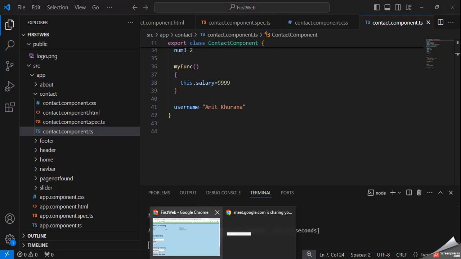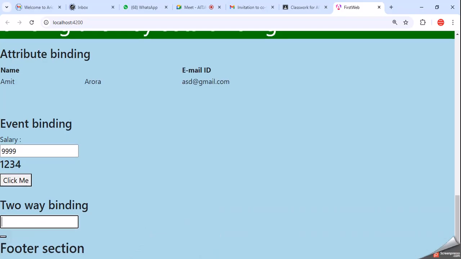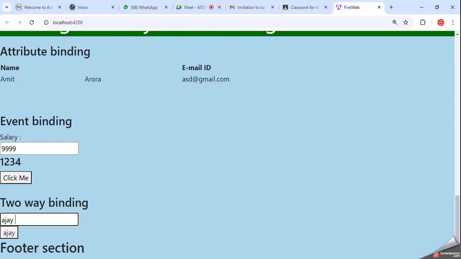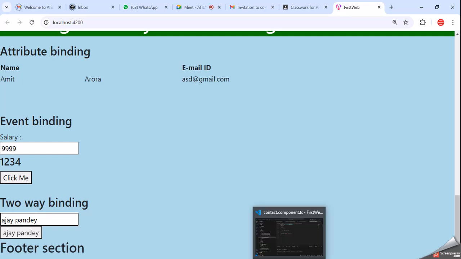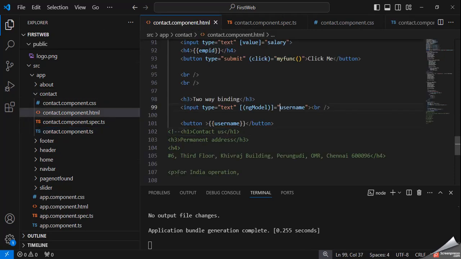If you want to delete this and type something like Ajay Pandey, here we change the value.